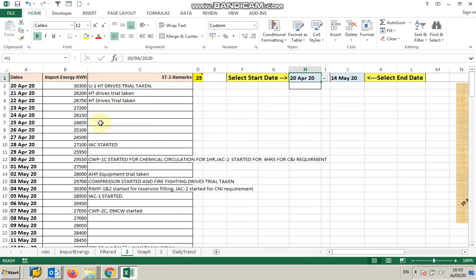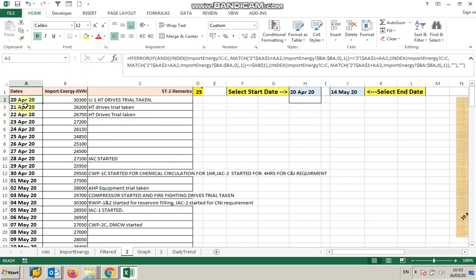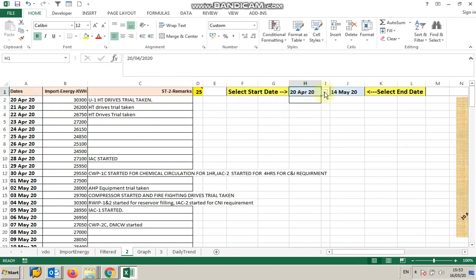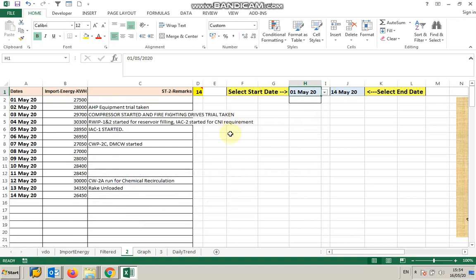Just by putting this INDEX MATCH formula, all these things are being picked up. Based on this, if I change this value to, say, 1st May, then it will change. And if I change this value to any other value, you see that it is changed from this. So it is automatically being picked up.